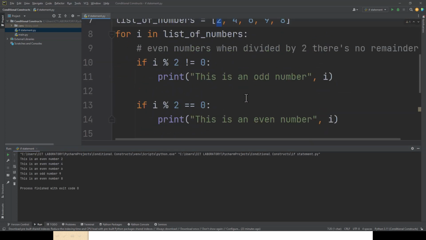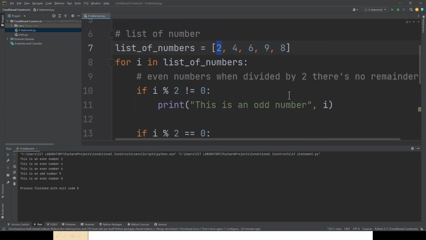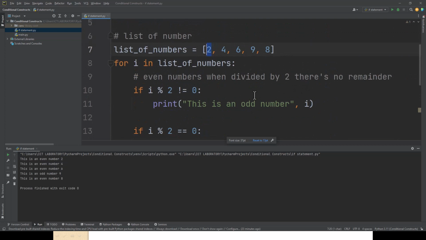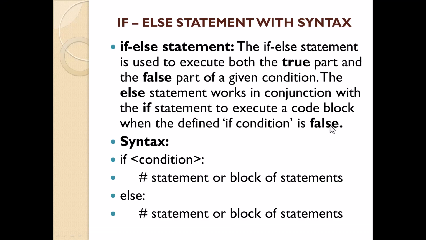So this is a simple program to check if. Even though we've added it, we've linked it up to the loop, which we'll be doing in our next lesson. But this is basically how to use the if statement, right? So next we're going to look at the if else statement. All right, so the if else statement